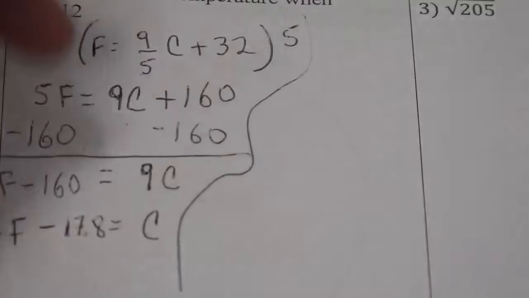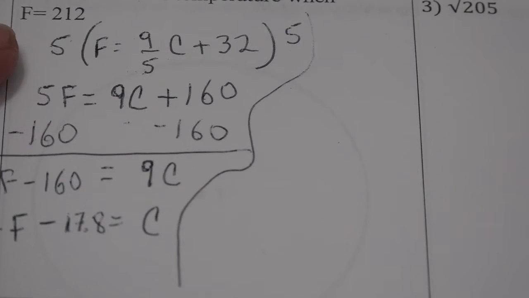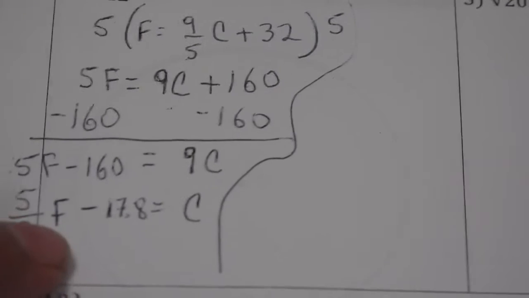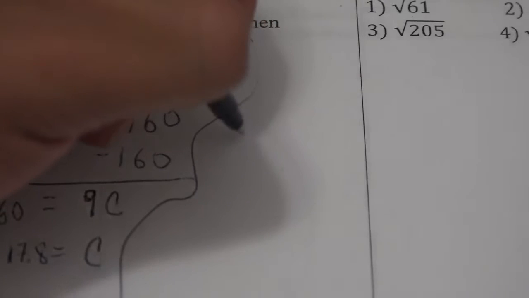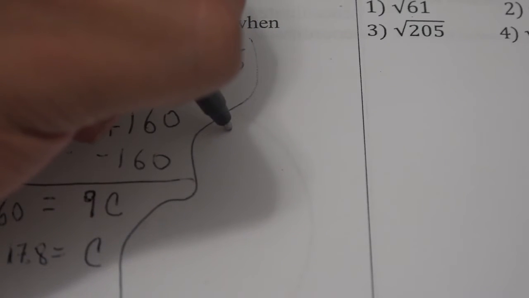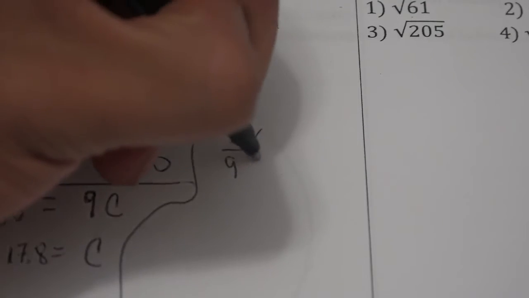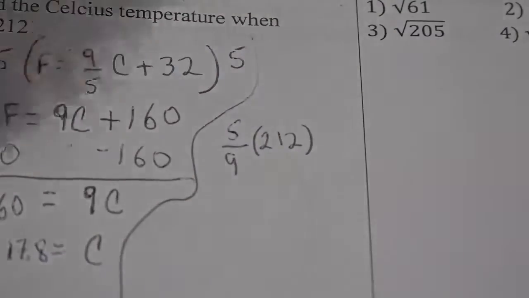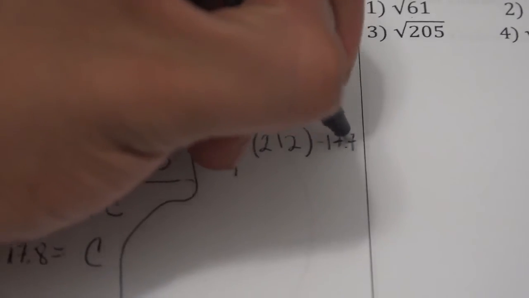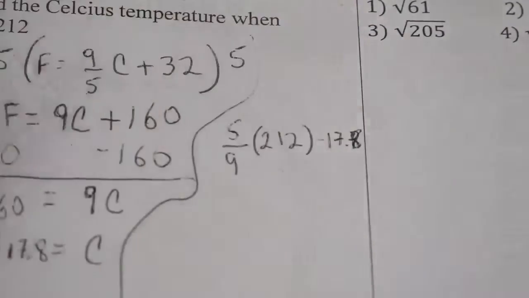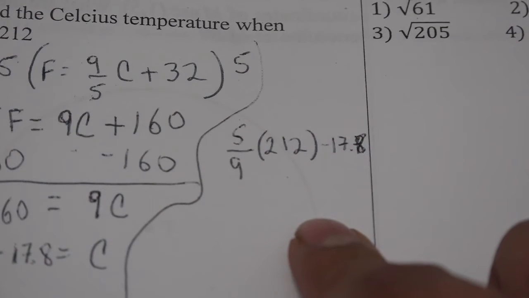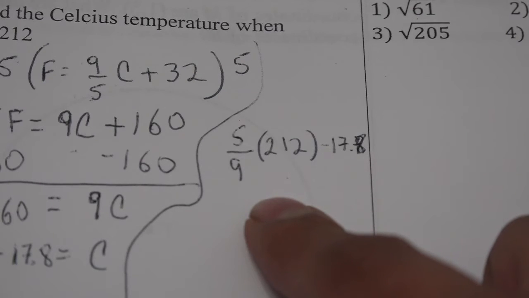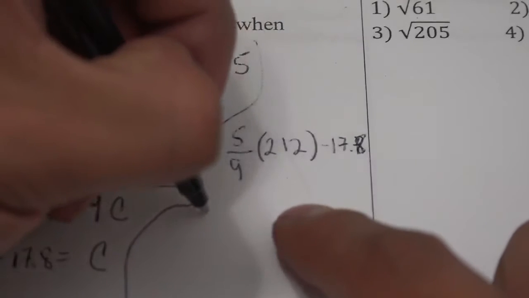All right, so now what is the temperature when the temperature in Fahrenheit is 212? So I'm gonna substitute 212 right here. So 5 ninths times 212, okay. So I have 5 over 9 times 212, minus 17.7, or 17.8, sorry. Well, what is it? Well, first you multiply 5 times 212, correct? Okay, and then you divide by 9. So you're gonna get